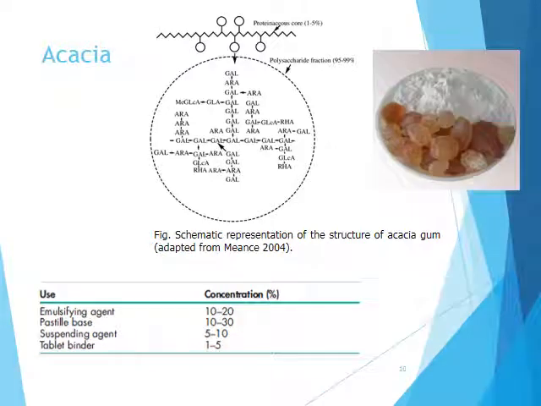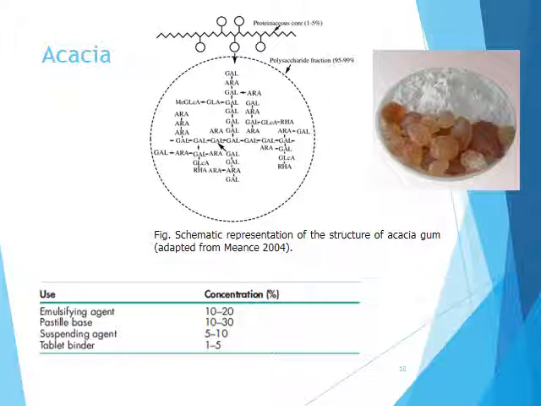This slide is showing the structure of Acacia. As you can see here, that we have the structure of Acacia. So we have a protein core, that's the chain up, and then we have a polysaccharide fraction. So the polysaccharide fraction comprises approximately 95 to 99% of the structure, while the protein core is only 1 to